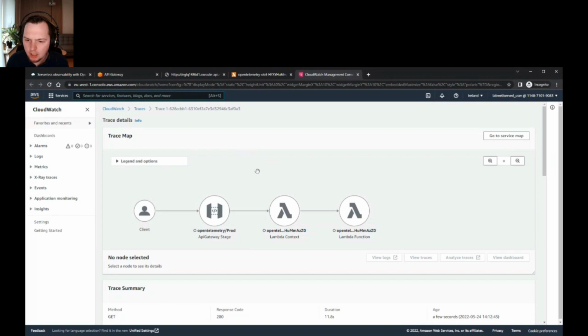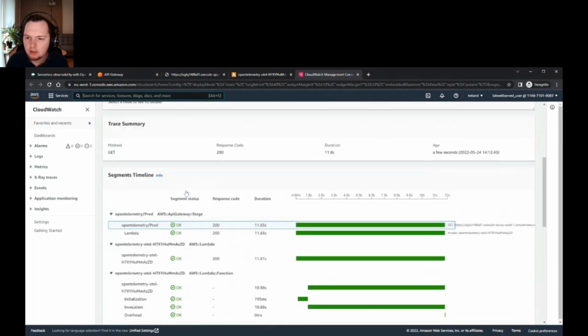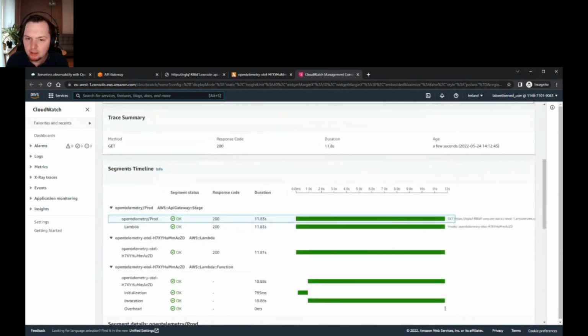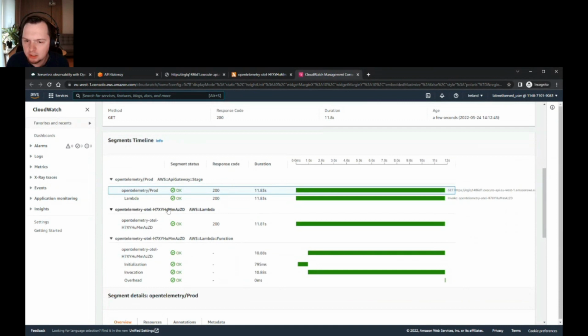Yeah, and you can see that there is a trace map that shows me that there is an API gateway and there is a Lambda function. And then in the timeline, I can see how long it took the application to run. So you can see that the whole application took almost 12 seconds to run.